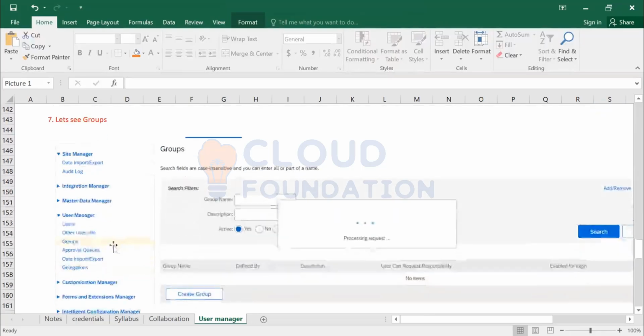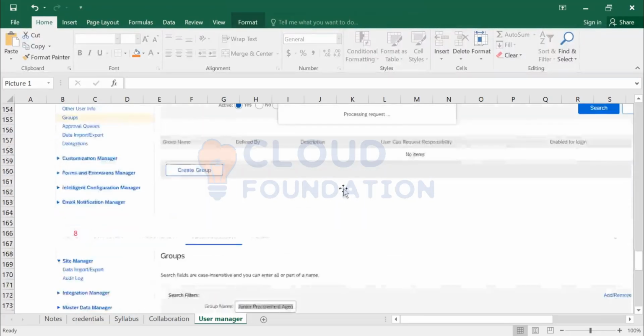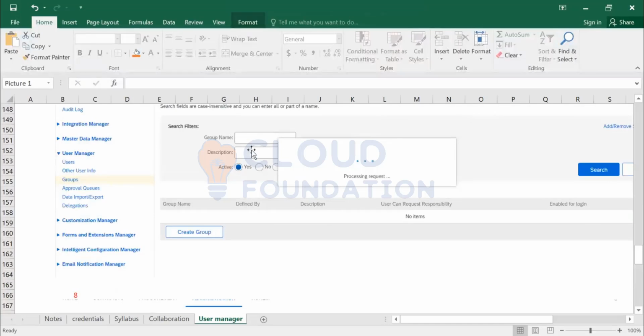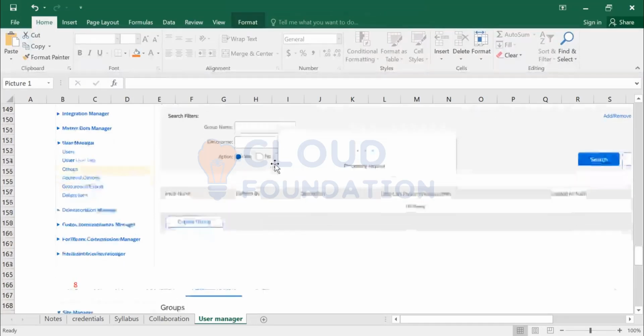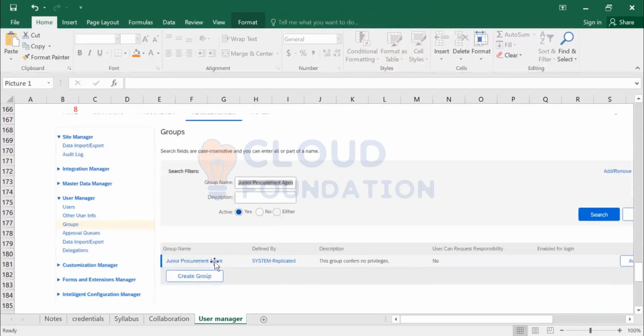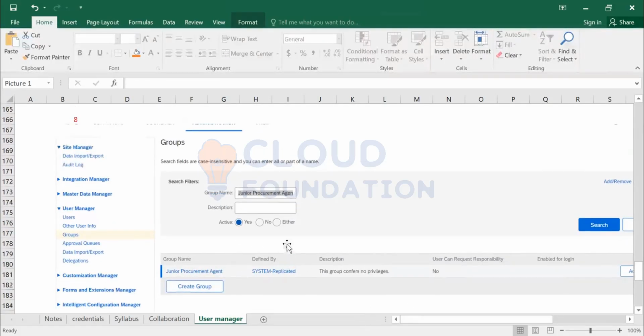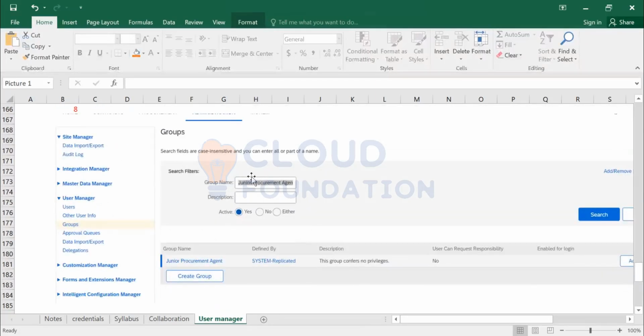So once you click on group, similar to your user, the system will list all the groups, group name and group description. These two are simple. Once you click on any one group, the system will give you junior. For example, I'm selecting a group name. If you list, all the groups will be listed down. Once you use the filter, typing the group name and description, then you will get this